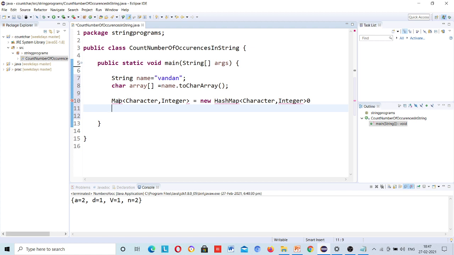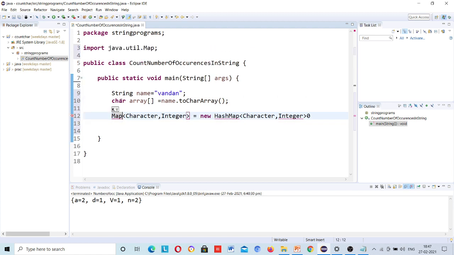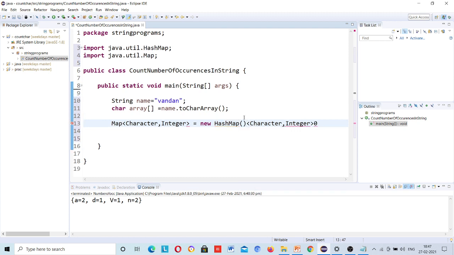Control space to import these packages. Okay, this is how you can declare it. So this map is declared, the object needs to be declared.